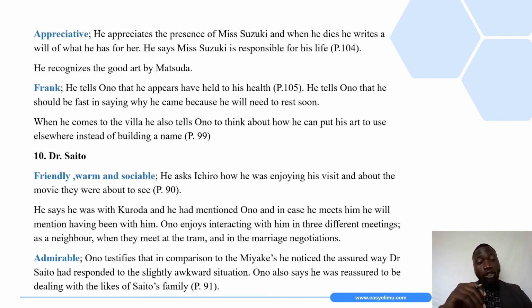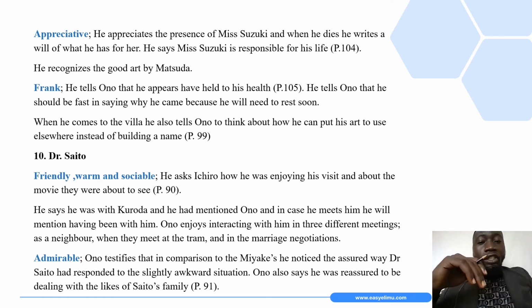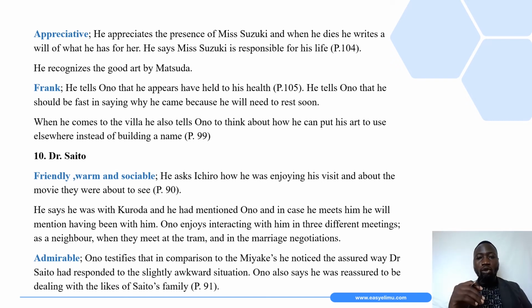So he's also appreciative. That is, he appreciates the presence of Miss Suzuki. And when he dies, he writes a will of what he has for her. So he says Miss Suzuki is responsible for his life. And he also recognizes the good art that was done by Ono. So